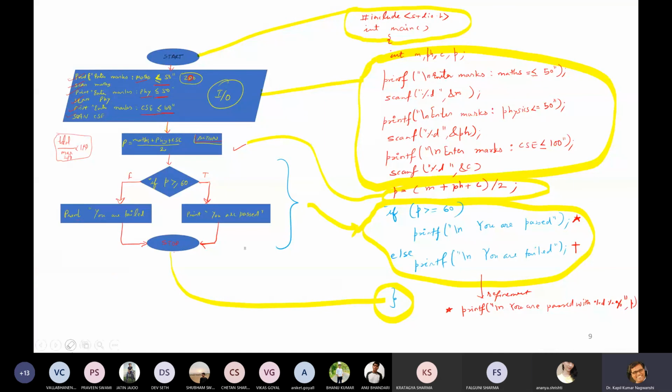Yes, sir. Now the second statement. I am writing the second statement. Printf \n you are failed with %%, then comma and p.